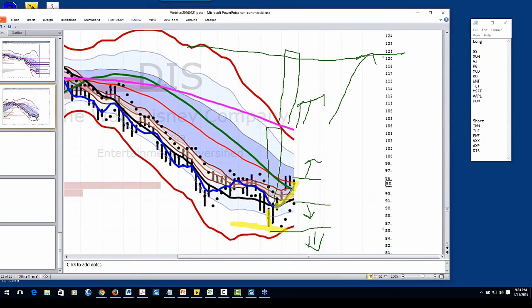Okay, so what we just did here was about 15 symbols that came out of this weekend's report for the swing week ahead. I've identified some things where I want to go long, ones where I could actually go short. I would prefer to go short, but many of these were structured in such a way that I saw the ability to go long of them too, because in my view you get the combination of recovery and the value play on these big fat ETFs and the Dow 30s. I'm almost acting like an early adopter there. So I tried to frame each trade looking in both directions and targeting prices on both sides of the trade